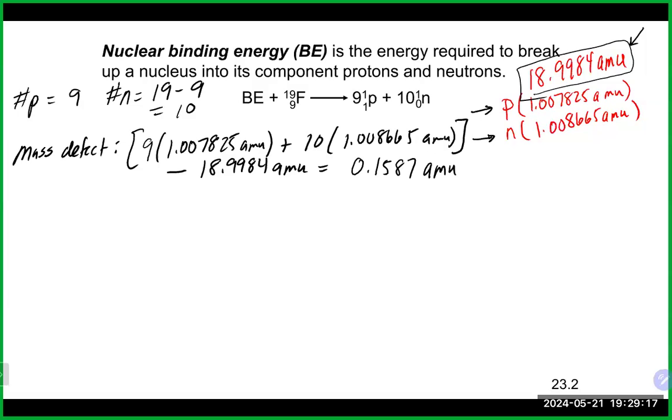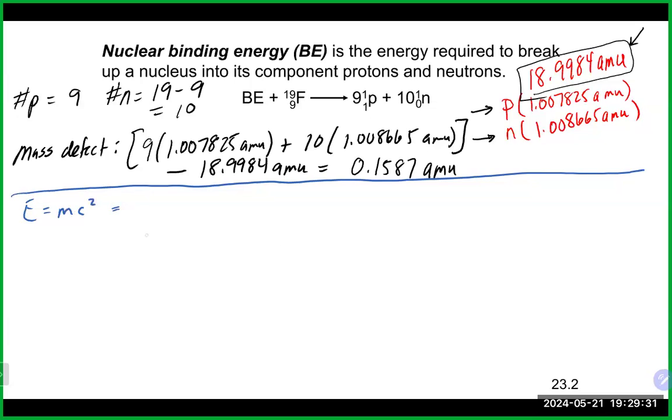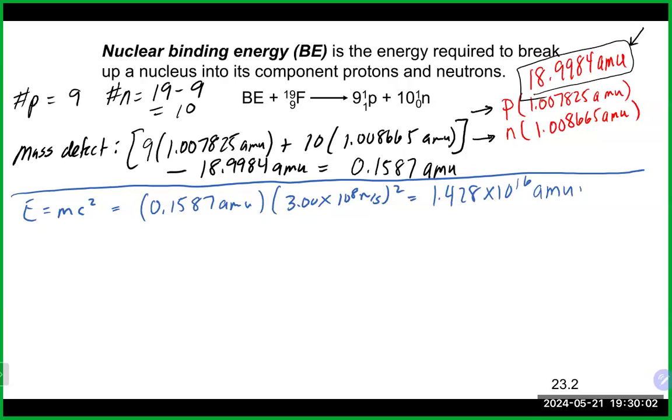Now, at this point, you do have a couple of options, so I'm going to show you both so you can choose whichever way you like. If we went with Einstein's move, E equals mc squared, we would put in our mass defect that we just calculated, 0.1587 AMU. We would take our speed of light, which is 3 times 10 to the 8 meters per second, and square it. And this would get us 1.428 times 10 to the 16. The units at this point are AMU, meters squared, seconds squared. So I'm going to take that number, 1.428 times 10 to the 16 AMU, meters squared, seconds squared, and divide it by